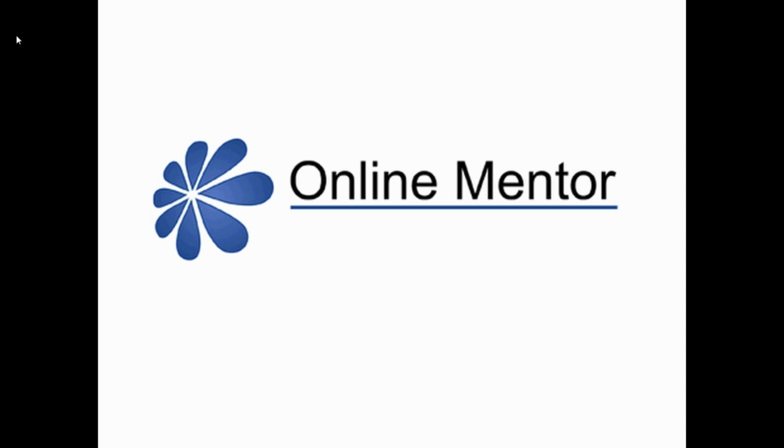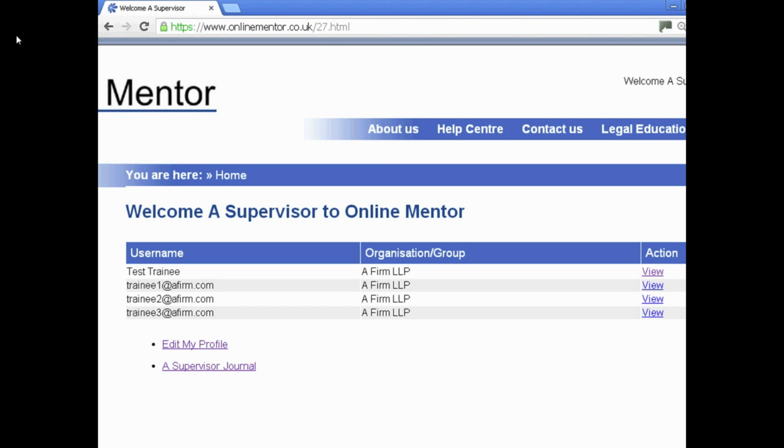This is an overview of the new features that have gone live on the Online Mentor system in summer 2013. The first one to show you is the new online sign-off facility, and this enables a supervisor to log in, select their trainee by clicking the View link on the right hand side under Action, and this in the usual